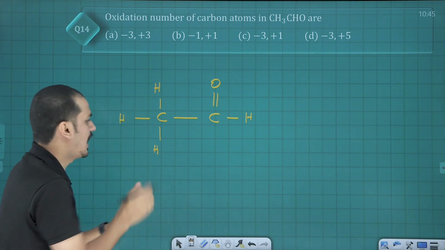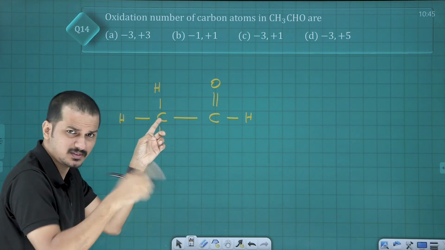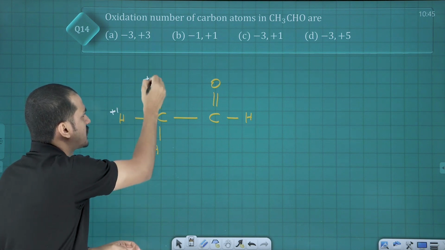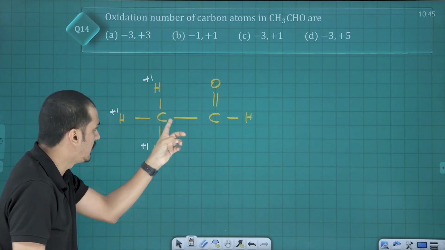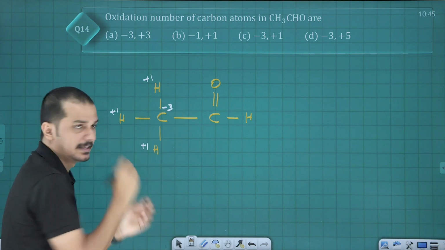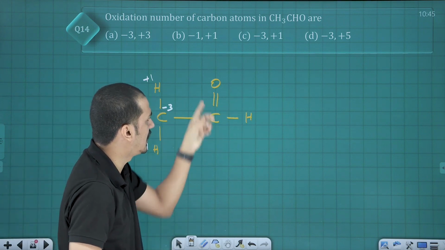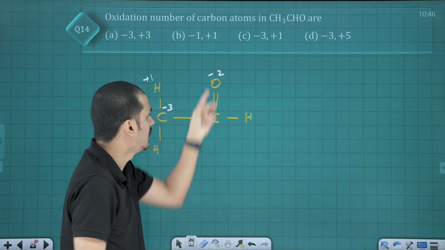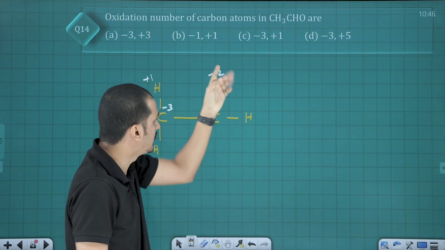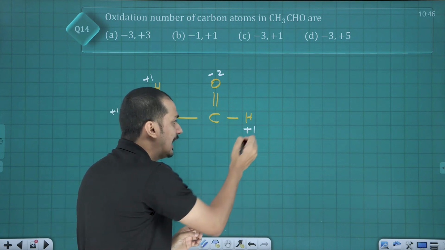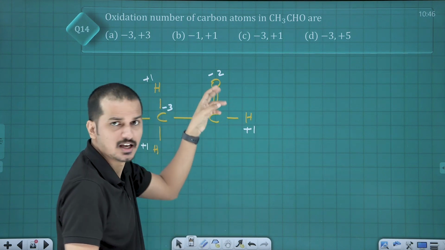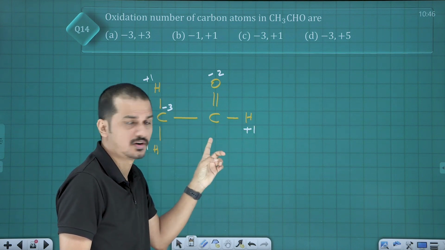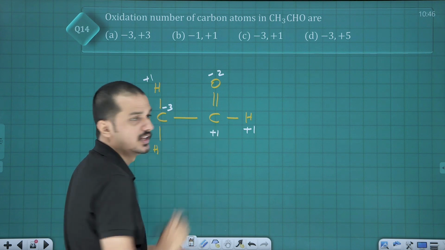So hydrogen is electropositive. With the non-metal carbon, it will always lose electrons. So hydrogen will be plus 1, plus 1, plus 1. So all 3 electrons will be gained by this carbon. So this is minus 3. And once we come here, carbon, oxygen, hydrogen: oxygen is highly electronegative, that will withdraw the electrons. Its oxidation state is minus 2 because there are two bonds. So minus 2. What about hydrogen? It will lose 1 electron. So oxygen is gaining 2 electrons, hydrogen is losing 1 electron. So this should be how much? Plus 1.